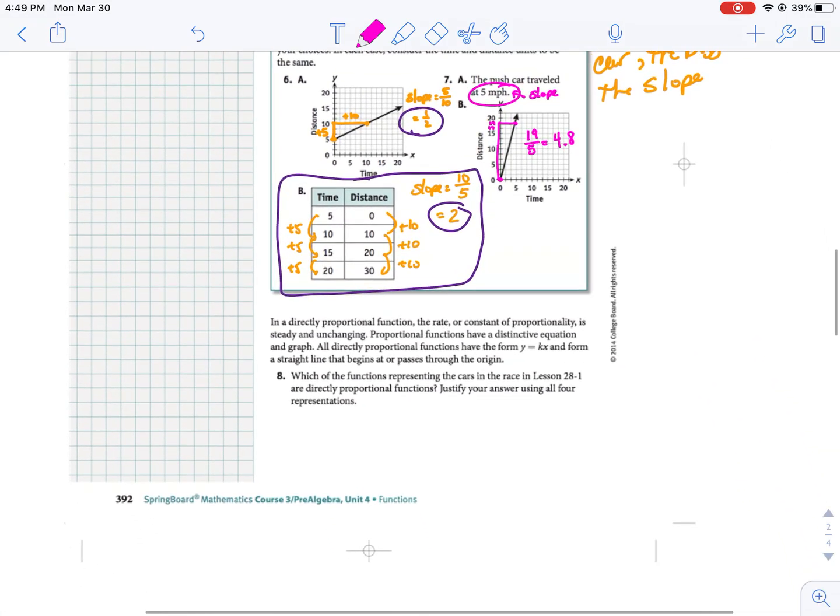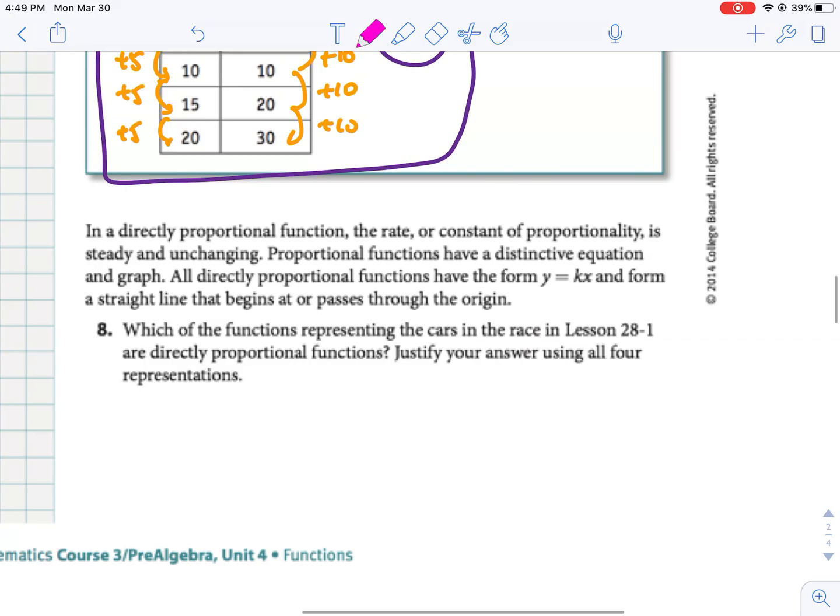All right, so looking down at the bottom, it's going to talk about something we've already talked